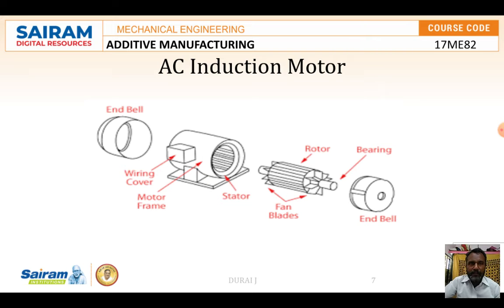The figure indicates the rotor construction. The rotor is made up of copper and aluminum bars, and it fits into slots, with end rings to complete the electrical circuit. A single phase motor has only one stator winding.